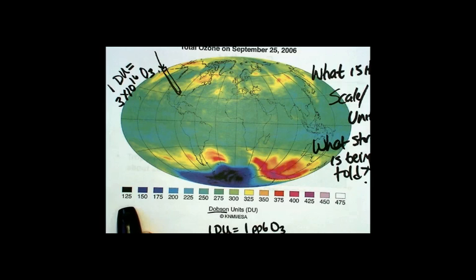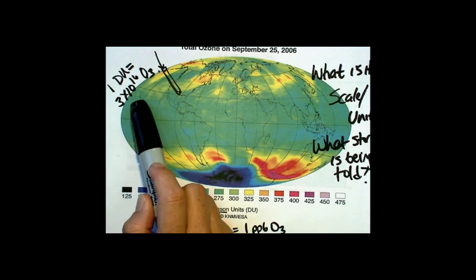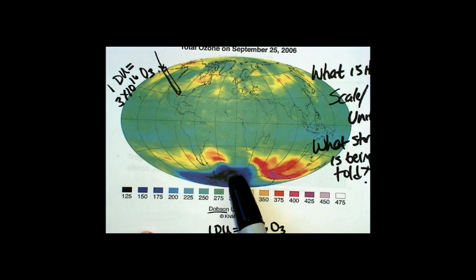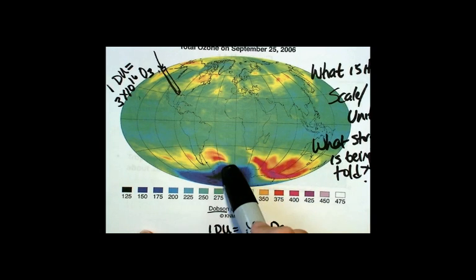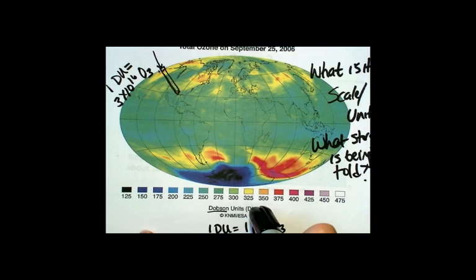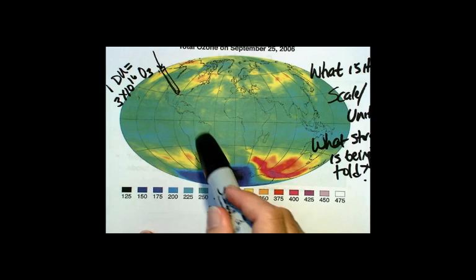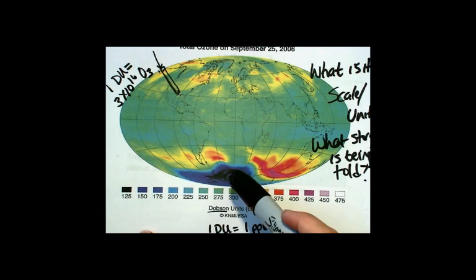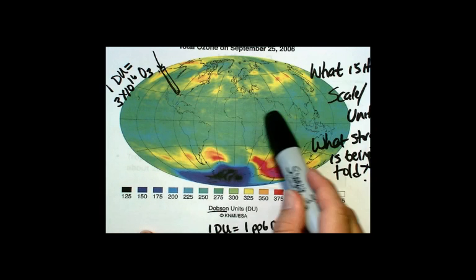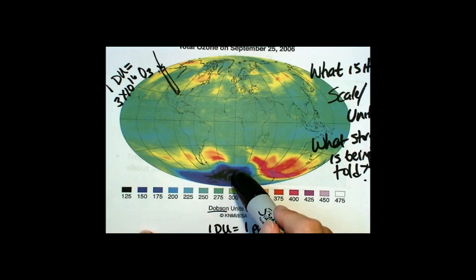So here the scale is, the black is 125 Dobson units, so it'd be 125 times that number. That's the amount of ozone in the column in that little space right there. And moving up towards the equator, the green is about 275 to 300 Dobson units. So what this is telling you is that there's more ozone where it's green and less ozone where it's black